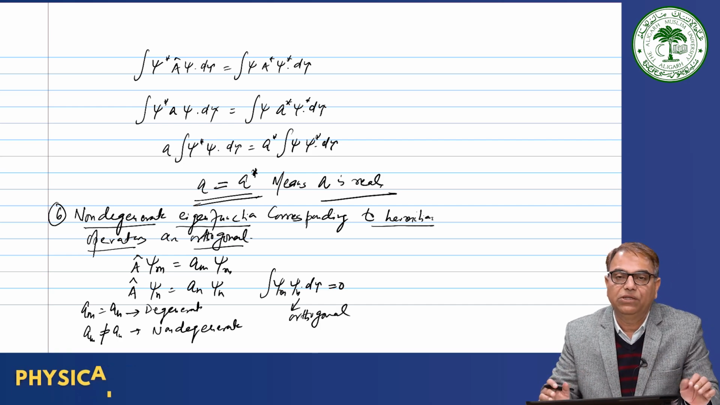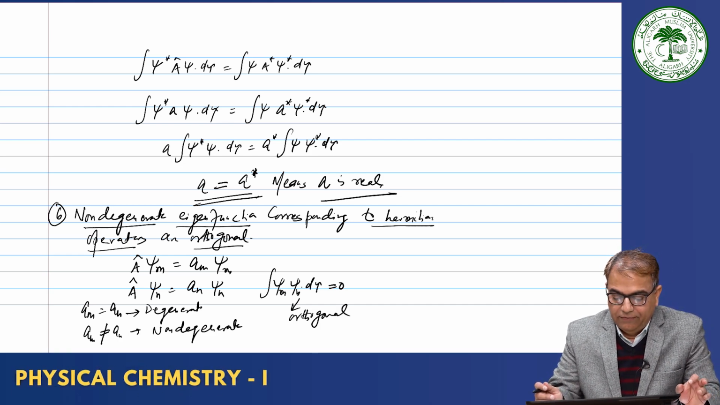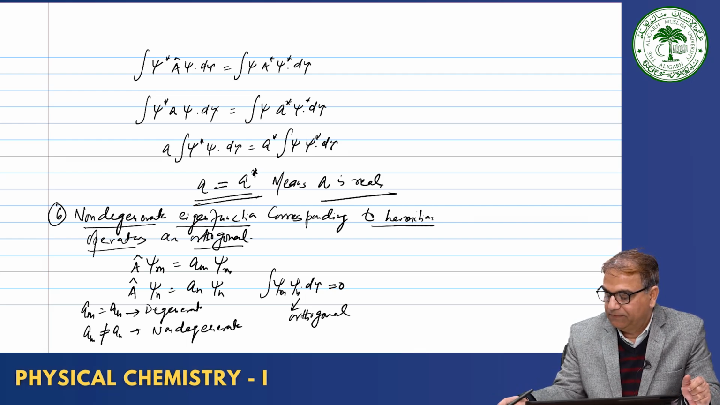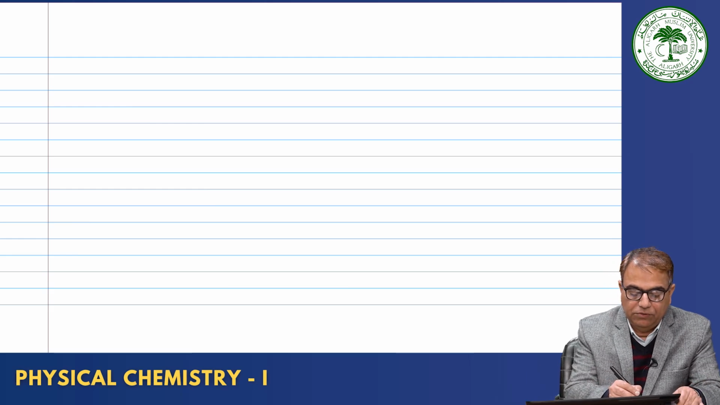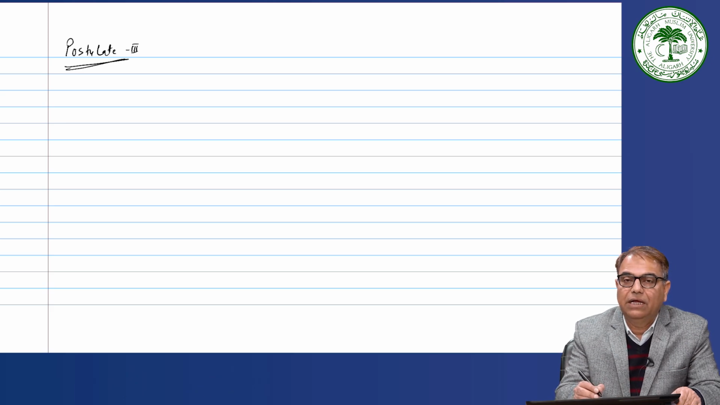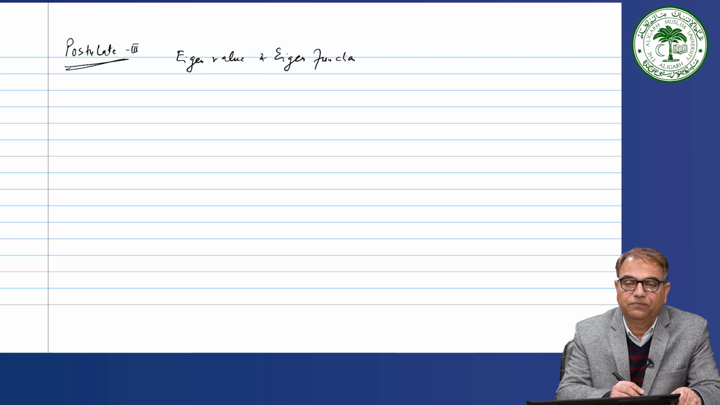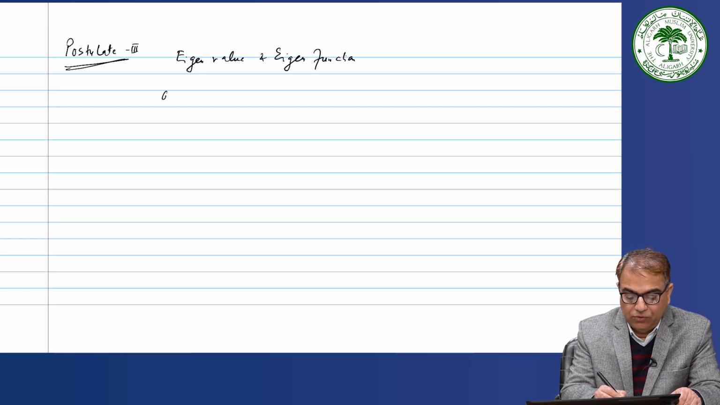With these properties of operators, we end postulate number 2 and we go to postulate number 3. So, postulate 3 is about the eigenvalue and eigenfunctions. I said that when you operate with an operator on a function, means you use an operator,